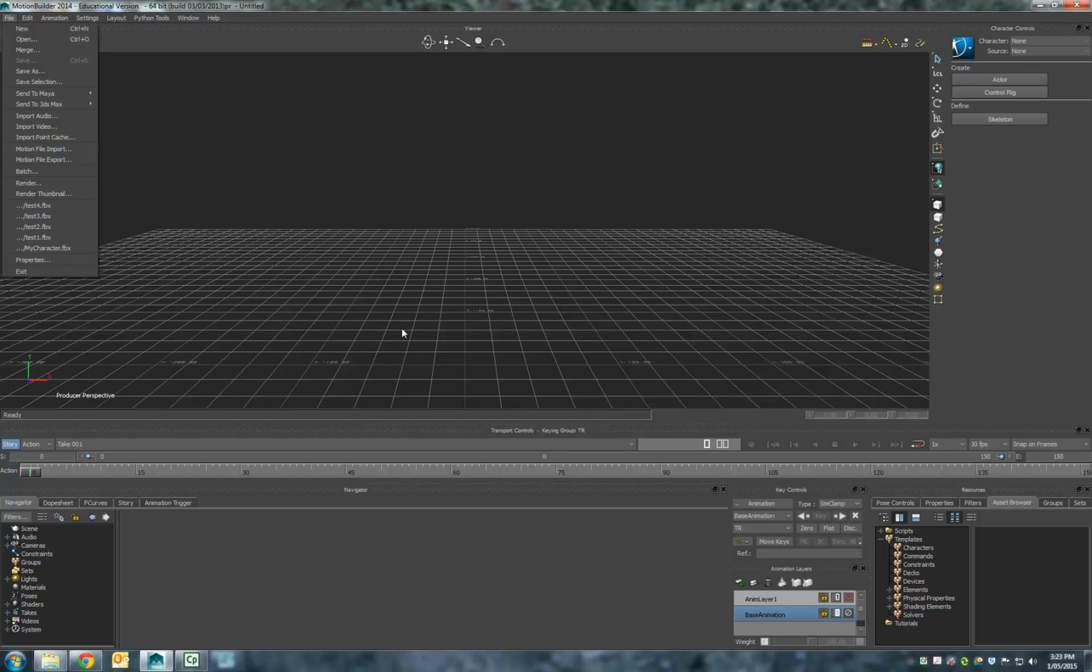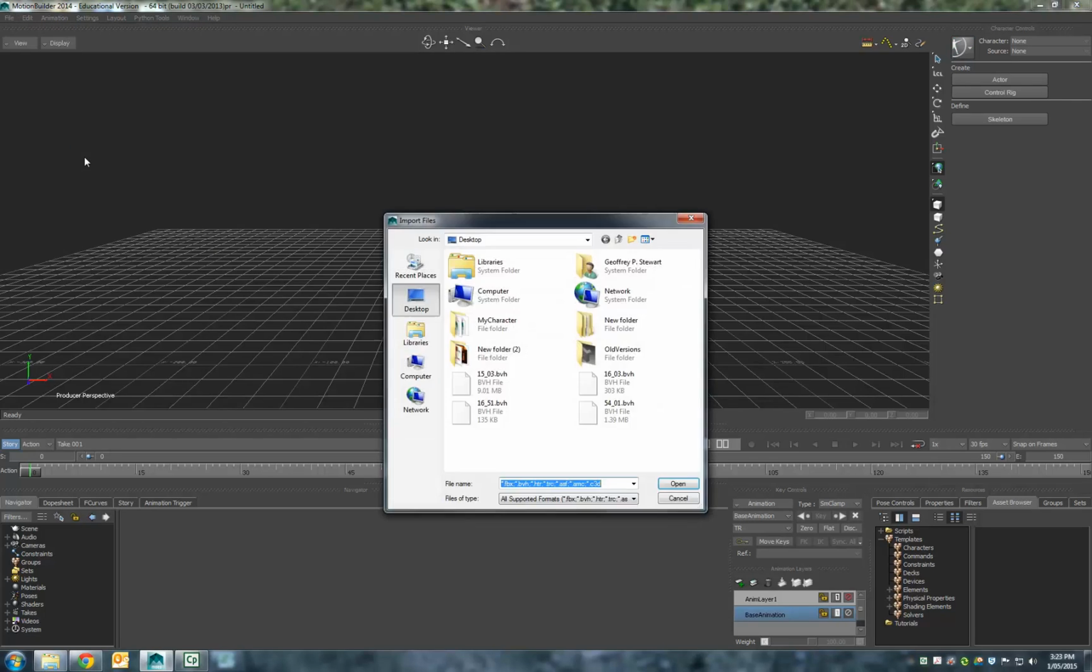Okay, so guys, first thing, we're going to import some of these motion files in. I've downloaded some onto my desktop already, so I've got 4 or 5 of them. You need to go into the H drive and locate those. So we're going to File, Motion File Import. I'm going to import these